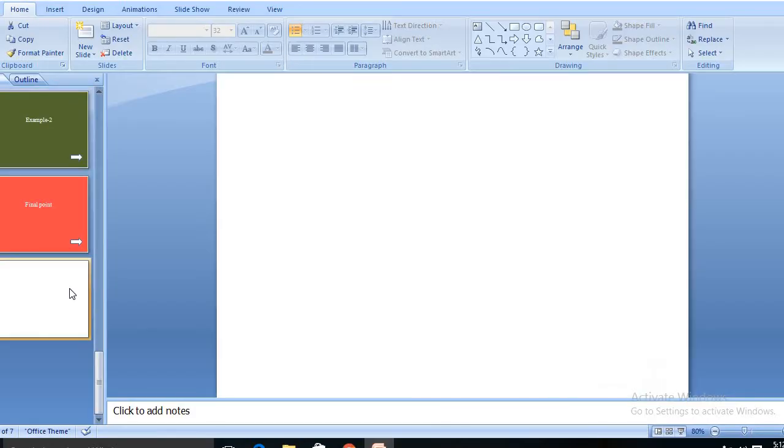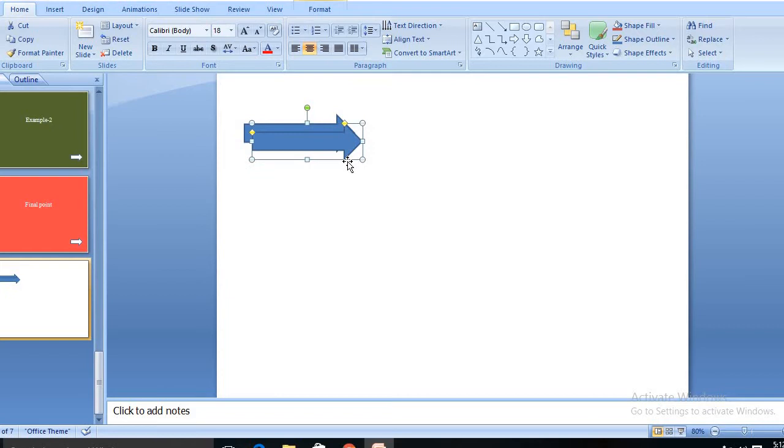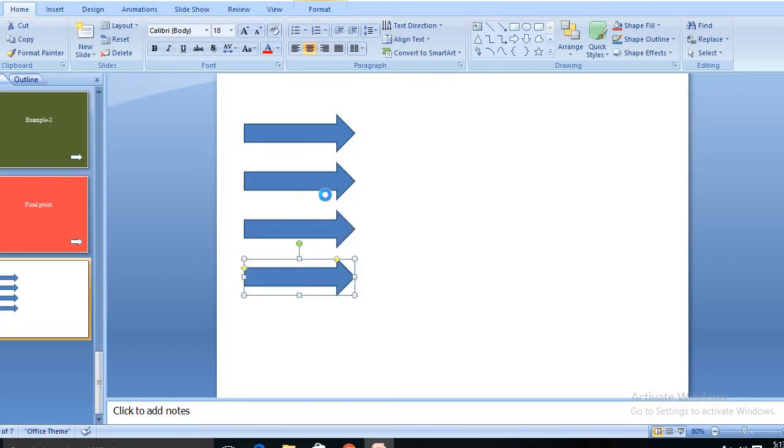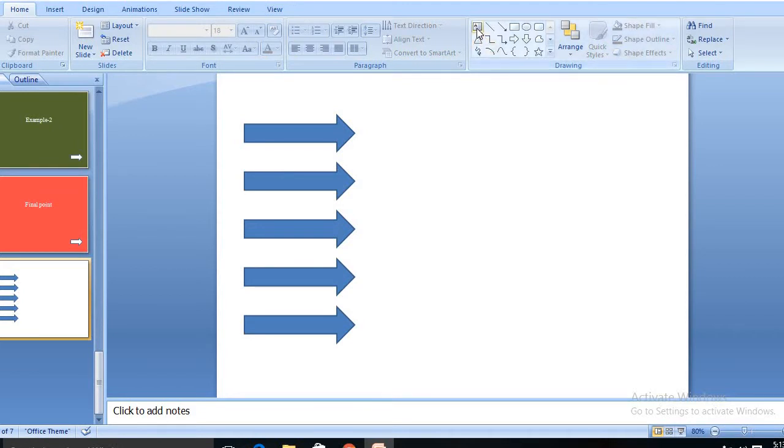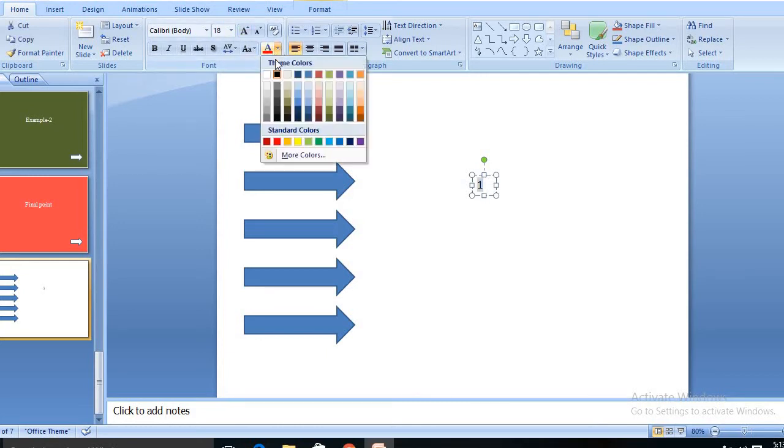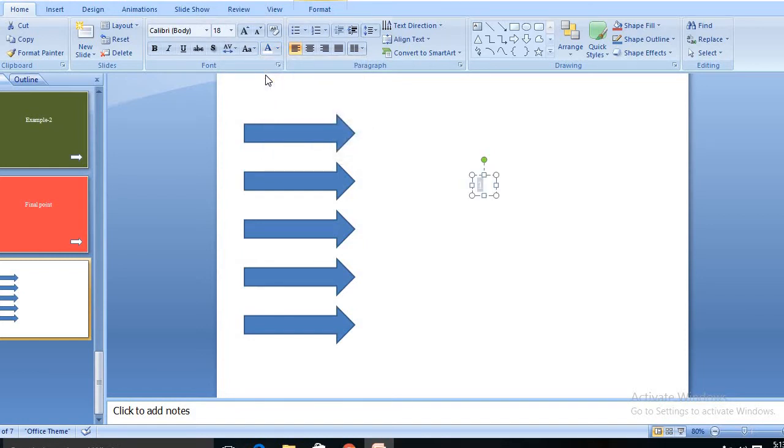See, first take the first slide, take the arrow mark, select it and press Control D. If you press Control D, it will automatically create the shape. If you press Control D again, it will give you equal distance. Then go to the text box, draw one text box, write one, and give this a white font color, and take this onto the arrow mark.